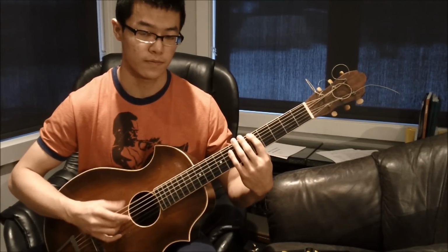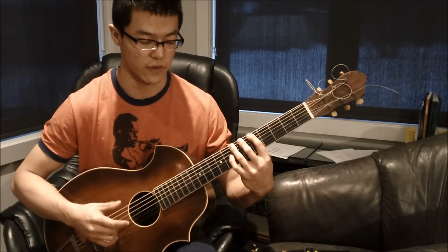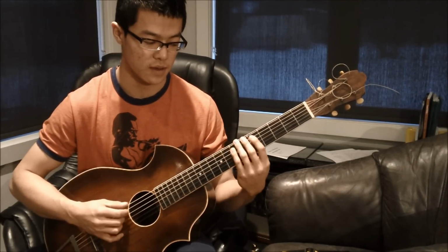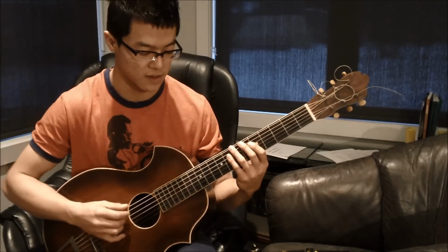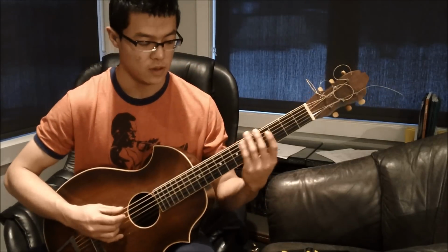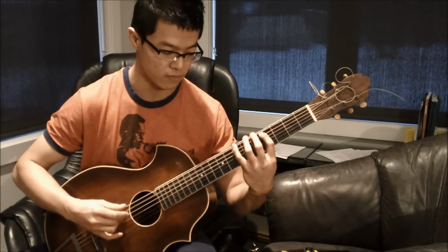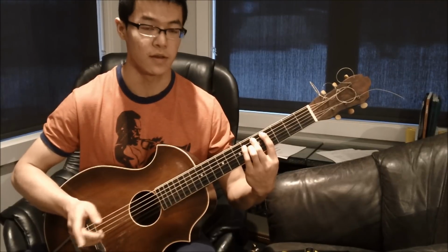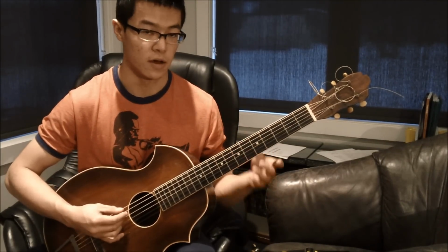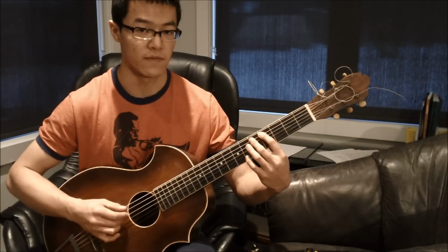So from here, walking to the 7th fret, walking up to the 9th, and he kind of slips back and keeps going up. And then from here, scale up to the root. So 5th fret, 7th fret, now on the 2nd string, 4th fret, 5th